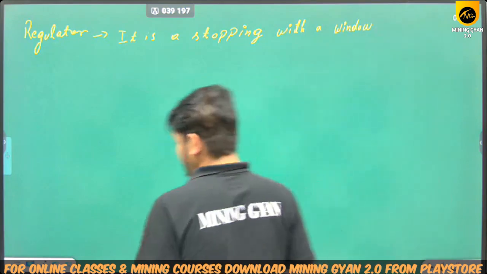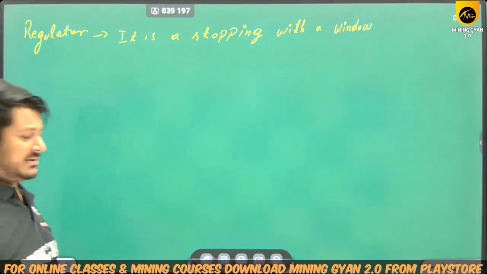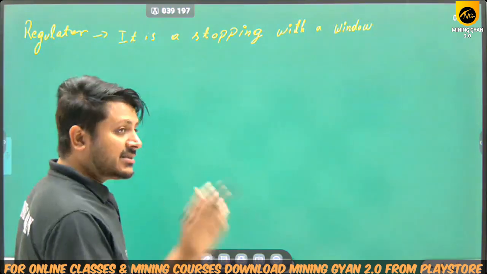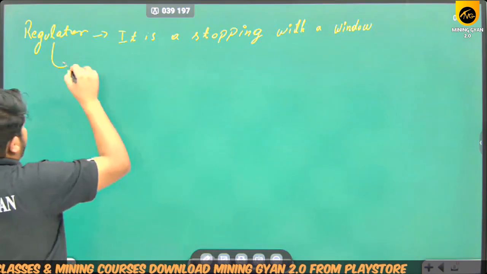Okay, when a stopping has a window in it, or there is a small opening in the stopping, then it is known as a regulator. That stopping is known as a regulator because it is made